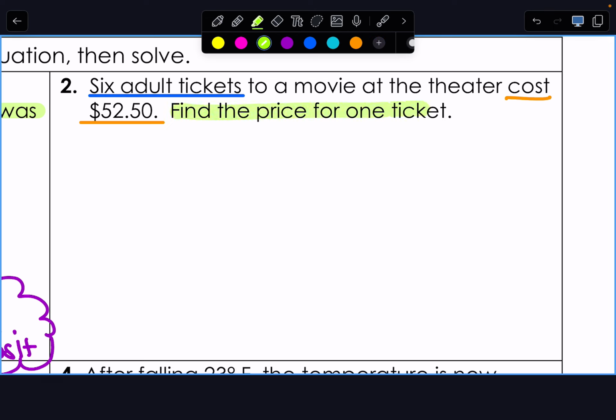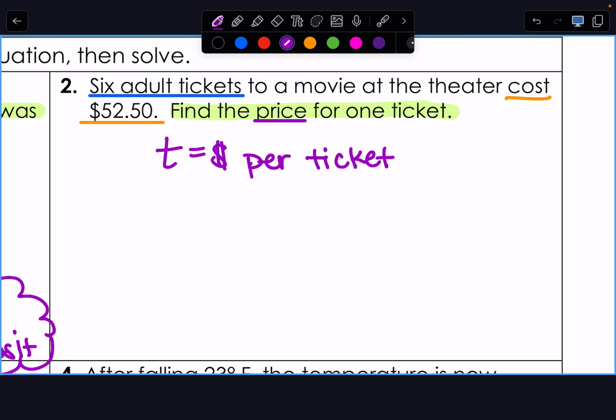Find the price for one ticket. That's what we're trying to find. What letter would you like to use? T. Okay, T is our variable, and T stands for what? Ticket. One ticket. How about the price per ticket? That's fine. T for ticket price. Now we need to decide how to use T along with 6 and 52.50